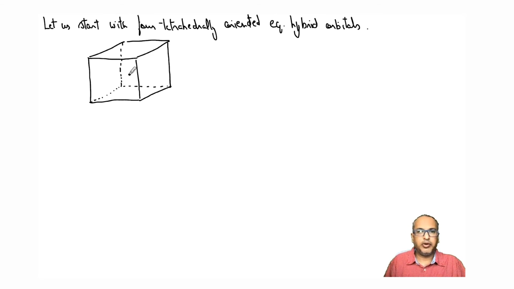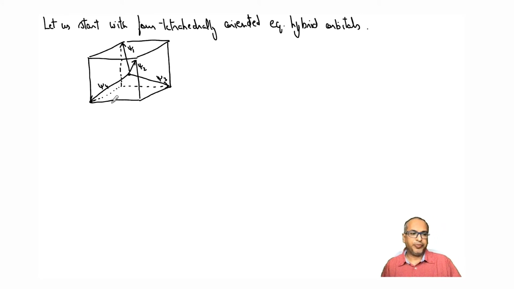In the center of the cube is the atom, and then you have four hybrid orbitals which are now represented by the arrows, right? Now these arrows are oriented as a tetrahedral, right? So this angle will be the standard 109 degree 28 minutes between these. Now let us represent them with psi1, psi2, psi3, psi4.